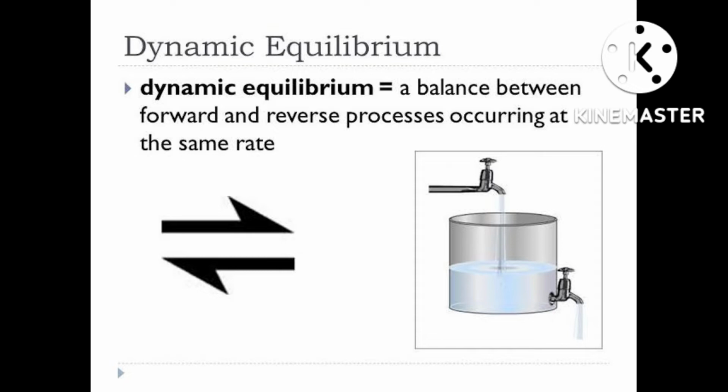Then see, this is not static, not a stoppage. Movement is there, but it looks like it is stopped. But it is not like that, not static. Then in equilibrium, from reactant to product it will be going. Forward reaction, backward reaction, both will be going. And the rate of forward reaction is equal to the rate of backward reaction.